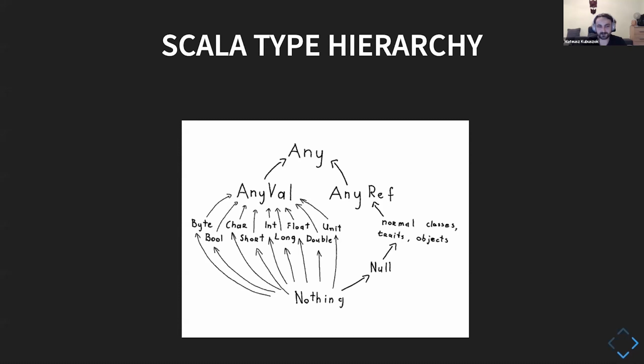We have a Null type, which extends all of the types that are objects, like normal objects as opposed to numbers or Unit. And we have AnyVals, which, if we take a close look, are basically mapped directly to what are primitives in the JVM, as well as Unit, which is kind of a type, but not really.